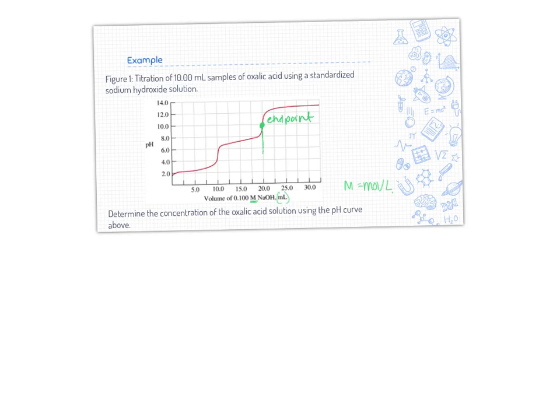So we can read the volume of titrant required. The volume of NaOH required was 20 milliliters in this case. We were given 10 ml samples of oxalic acid, and we have the concentration of NaOH in the graph here. So we're going to write a balanced chemical equation. Oxalic acid has two H's, and we write them at the beginning and the end of the formula, which is a little bit weird. We're going to need two KOH's to neutralize that to make two waters,